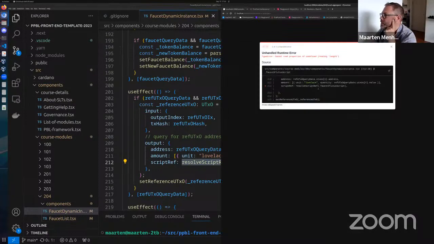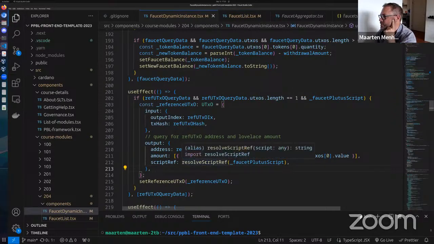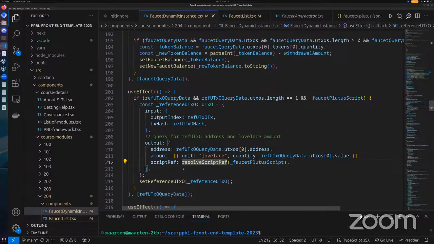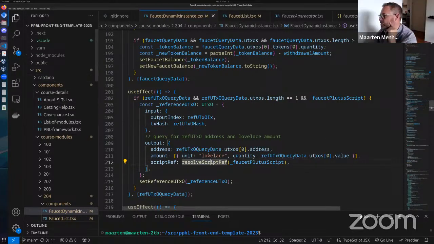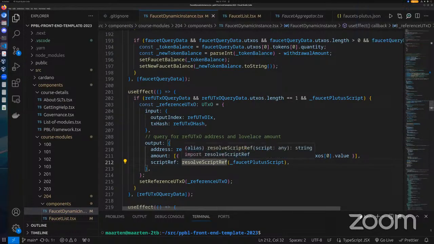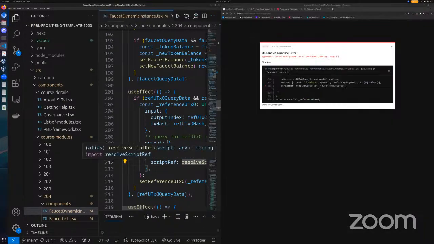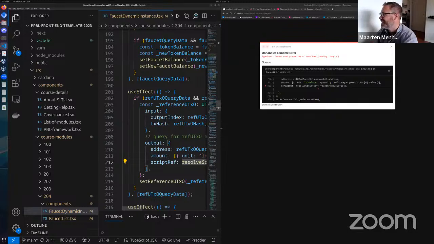The error is: cannot read property of undefined, reading length. What appears to be undefined? The length. We don't see length anywhere, so where's that length coming from? That's a good question.